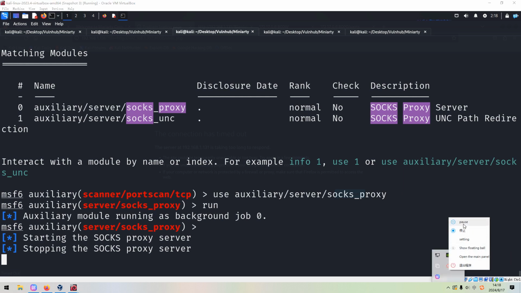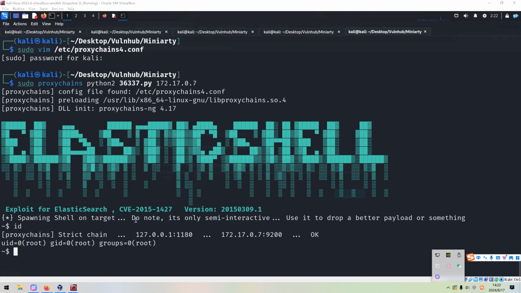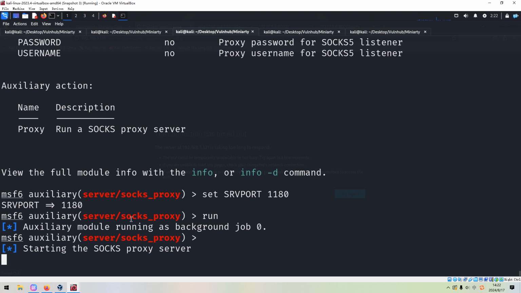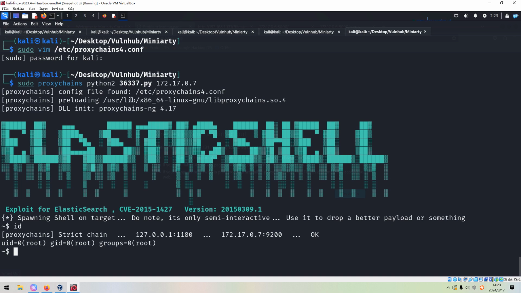See you there. As you can see over here, after I restarted Metasploit and also set up the SOCKS proxy, and this time I use a different port number for the SOCKS proxy. Of course, you need to change the configuration for the proxy. Make sure all traffic will go through this SOCKS proxy, and then you can run with Python 2, and then you can get the shell.